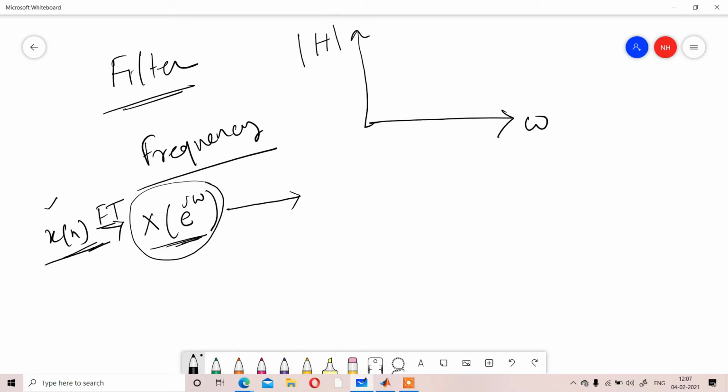Okay, so first of all, you have to represent that frequency response from the input signal. The frequency response will define a frequency range from 0 to π. So 0 will be your low frequency, and as you go towards π, that π will be your high frequency. Okay, so considering that frequency response, you will get your filter.